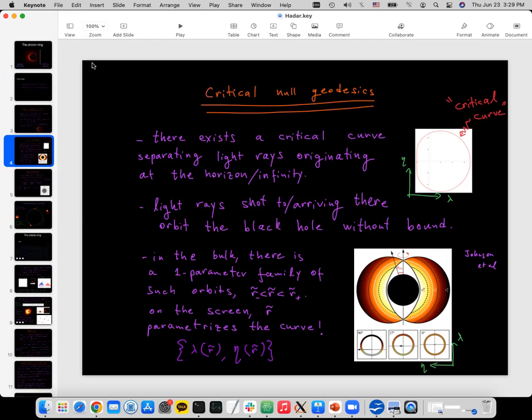There's a photon ring, which tracks very closely this critical curve. There's a photon shell, which is a one parameter family in Kerr of null geodesics that can orbit the black hole an arbitrary number of times. This one parameter is the orbital radius, which we call R tilde, which runs between some minimal radius, R minus, and a maximal one, R plus. For Schwarzschild, we all know that there's a photon sphere at R equals 3m, which are exactly these unstable null geodesics.